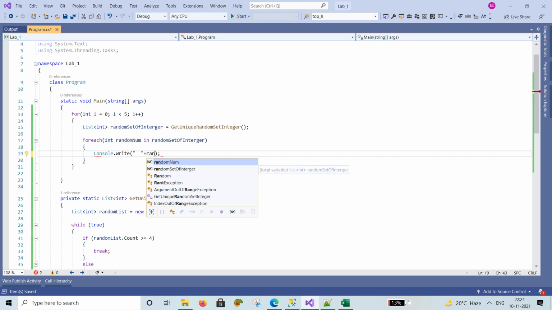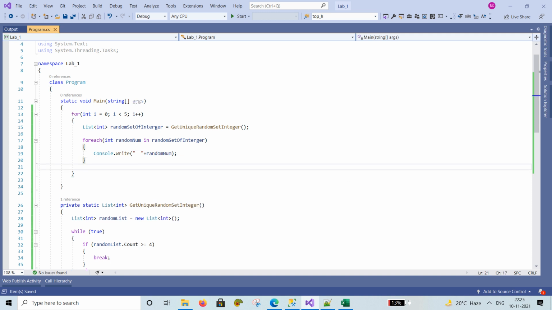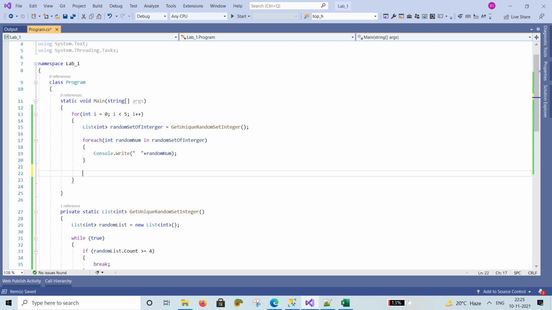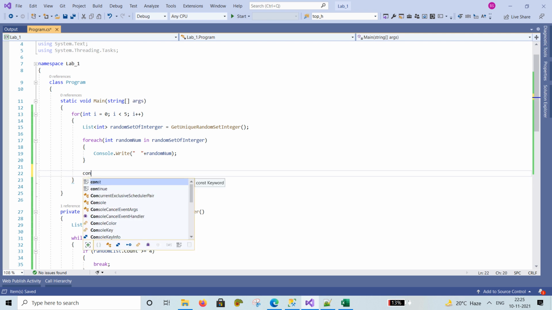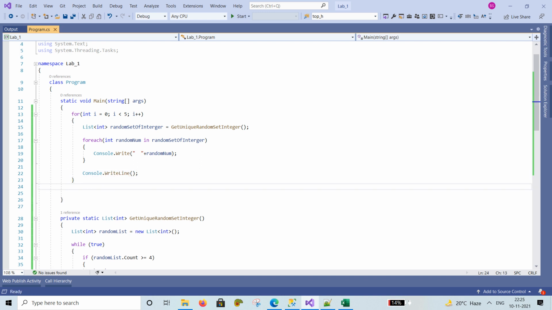Here we need to change a line, Console dot WriteLine. Here Console dot ReadLine.